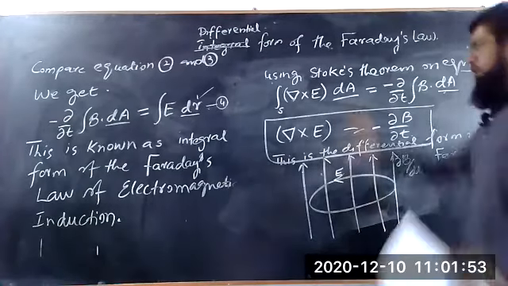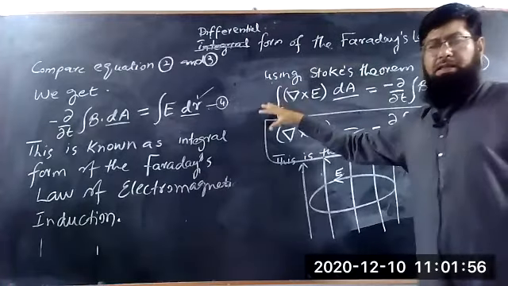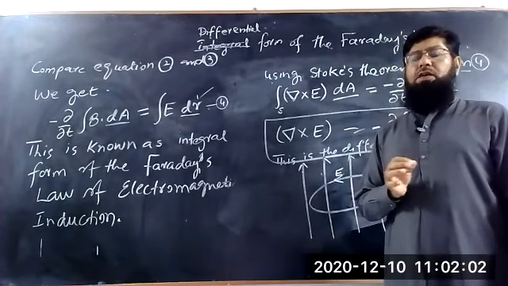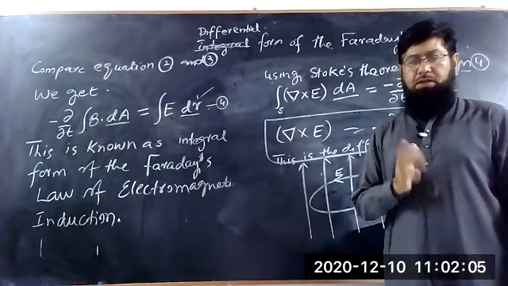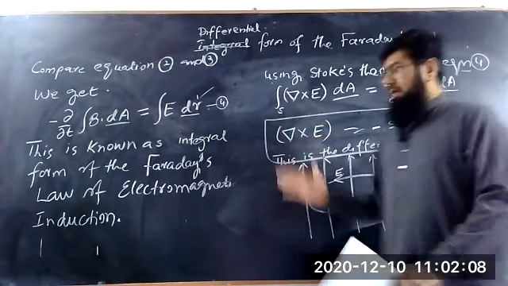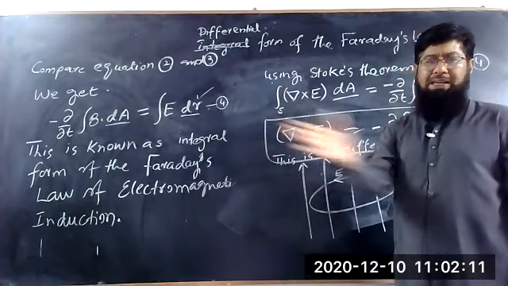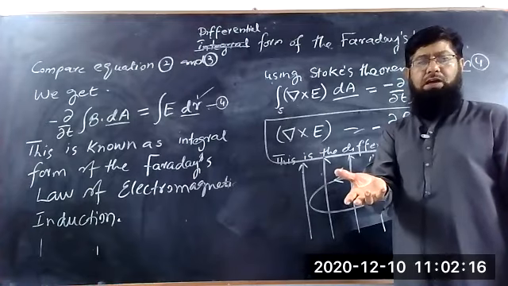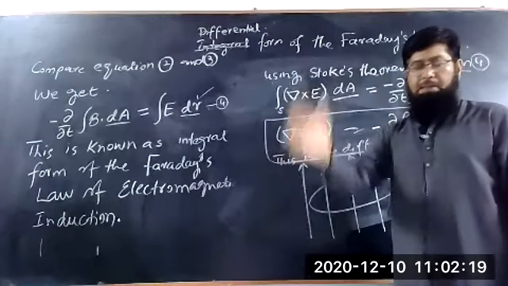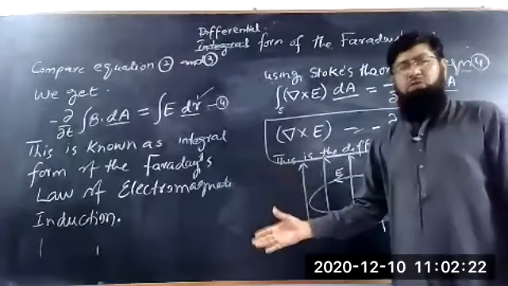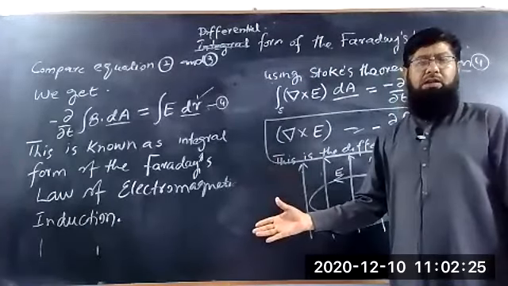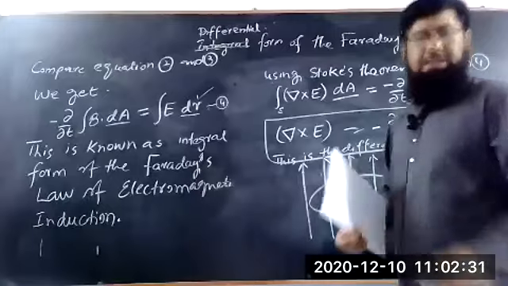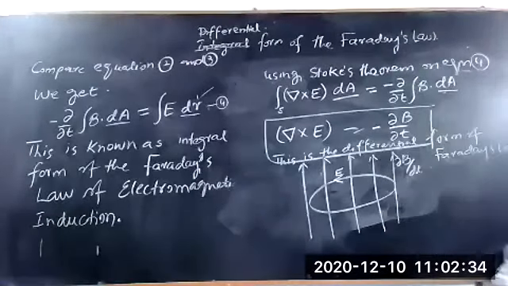Now if we conclude this whole story of Faraday's law, we must say that the rate of change of magnetic flux passing through the coil produces EMF in the coil. It means you now have both cases. Either the magnet is moved towards the stationary coil, in the same way the flux passing through the coil will change with time. Or the magnet is at rest and the coil is moving towards the stationary magnetic field. In both cases, the flux through the coil will change. In this case, the EMF is known as the motional EMF.